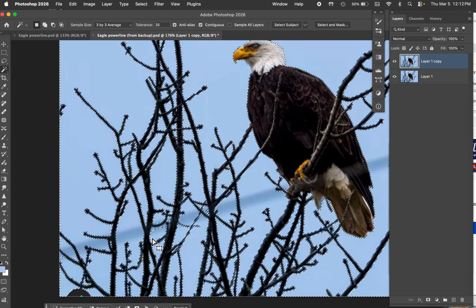So I'm going to switch back to the magic wand. I'm going to hold down my shift key and select that little bit there and go back and fill that in. Okay. So zooming back out, I'm going to now drop the selection, Command or Control D, and mission is